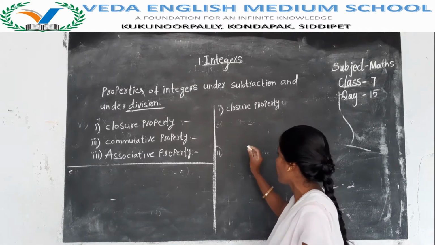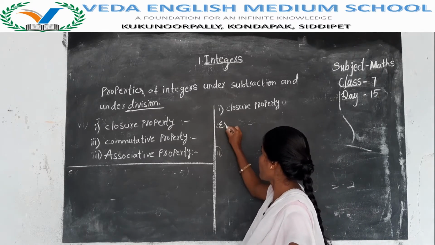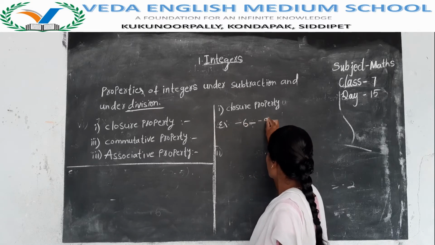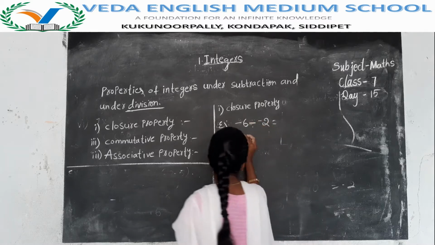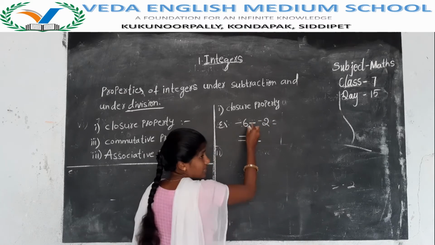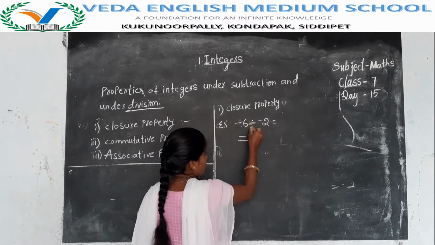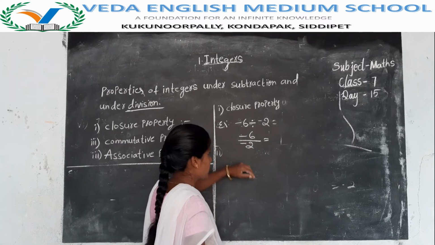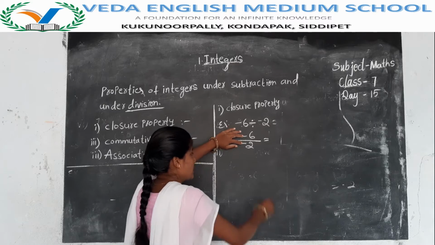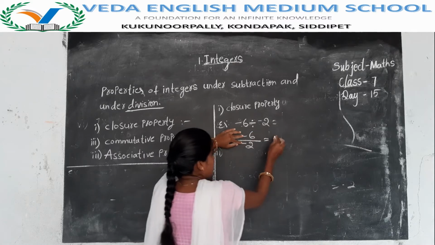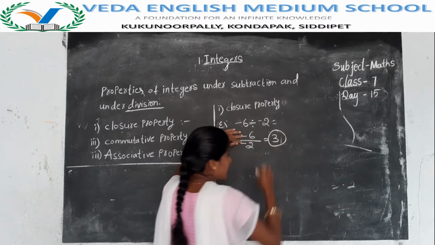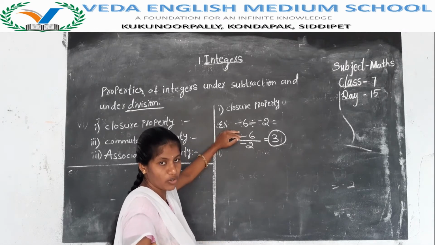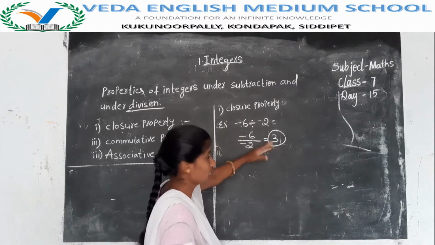Now we check any numbers. Example, here I am taking minus 6 divided by minus 2. Instead of writing like this, we can write minus 6 by minus 2 also. If you have both minuses, minus minus will get cancelled. 2 times 6 is possible, that is 3 times. Here we got an integer. Integer means the answer is either a positive number or a negative number or 0, no problem.